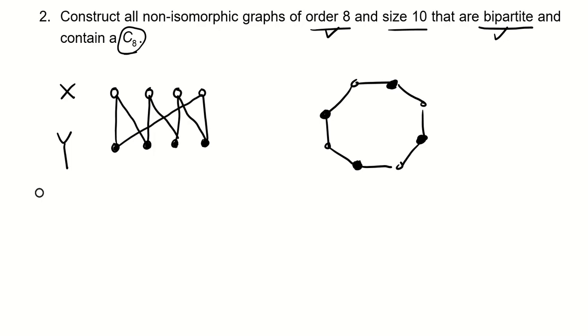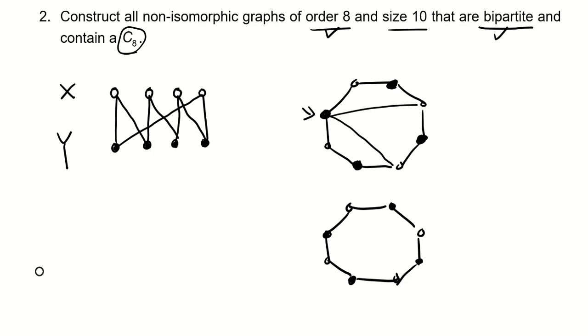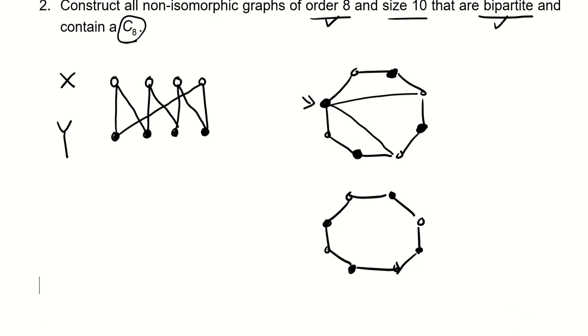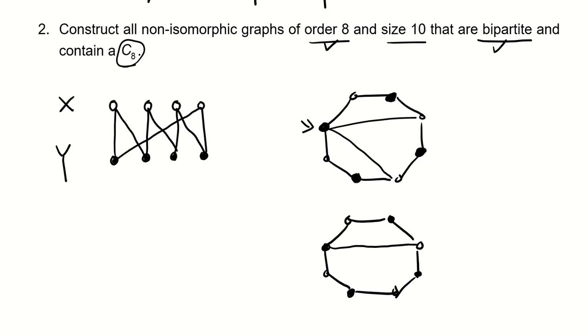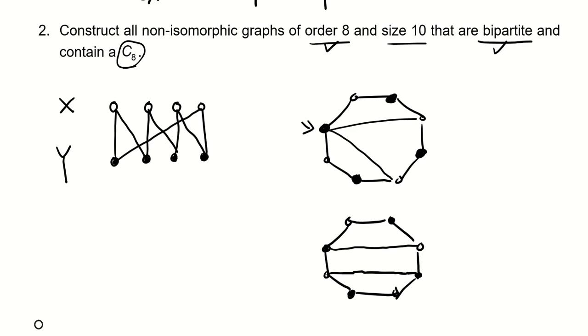This extra 2 edges may be incident to a particular vertex. So let's say this is the particular vertex, so it will join to this and another one. That's the only choice. So the next example, which is not isomorphic to it, the extra 2 edges will be incident to all different vertices. So meaning that if we join here, then I need to join like this. For example,